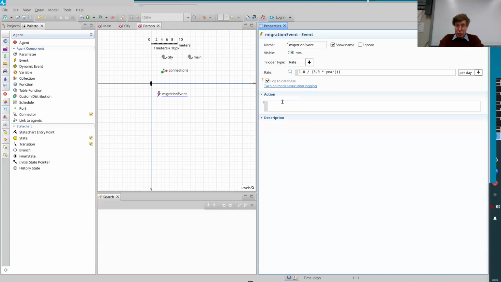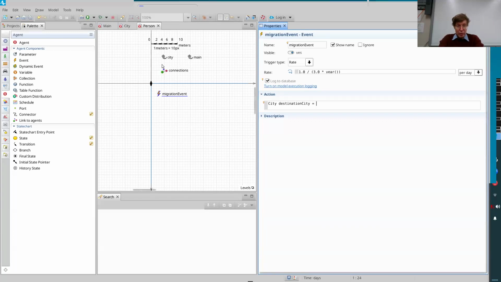So the first thing we're going to do is figure out to what city they wish to head. Okay, so we're going to have a destination city. Here we go. And that destination city is not going to be a randomly selected city. It's going to be a city selected by virtue of being connected with this one. So we're going to say,